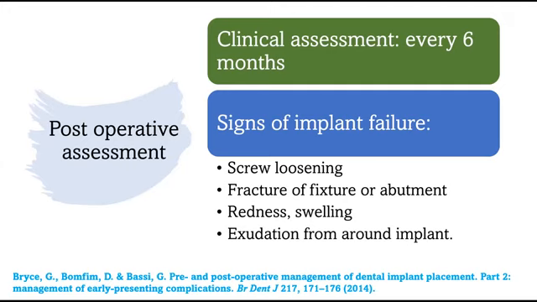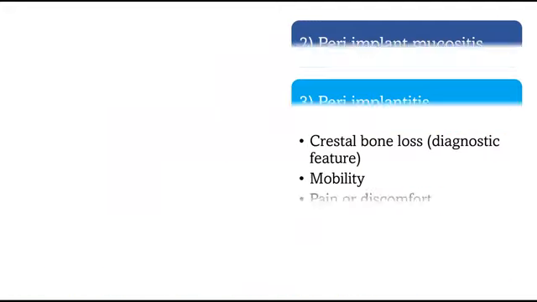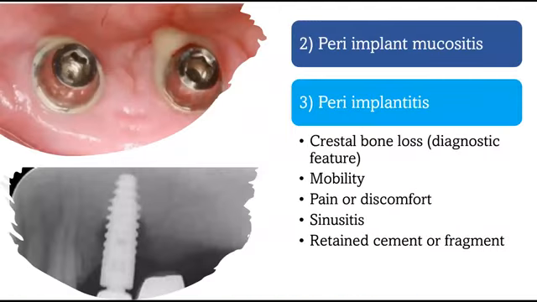As implants lack sensory feedback of occlusal forces, the occlusion must be monitored regularly to detect any screw loosening, fracture of the processes, redness, swelling, or any discomfort over the implant region. Examine for signs of peri-implant mucositis, which is the inflammation of the surrounding tissues, and sometimes this is reversible. And while examining for signs of peri-implantitis, which is an inflammatory process affecting the tissues